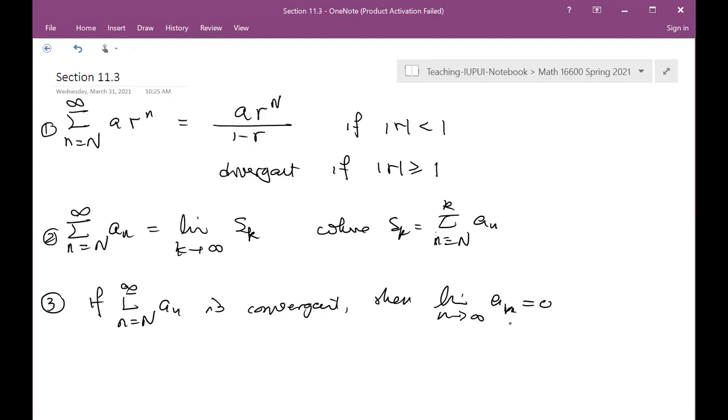Let me check whether we already learned this or not. No, we haven't learned this yet. We will do this a little bit later. So the next question is,